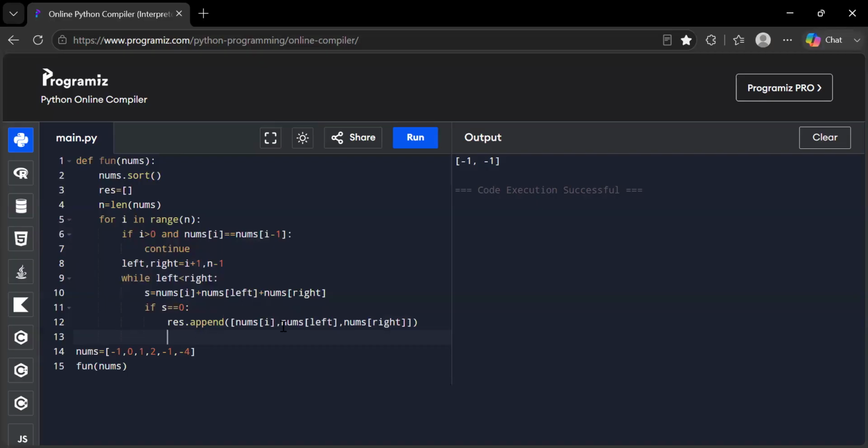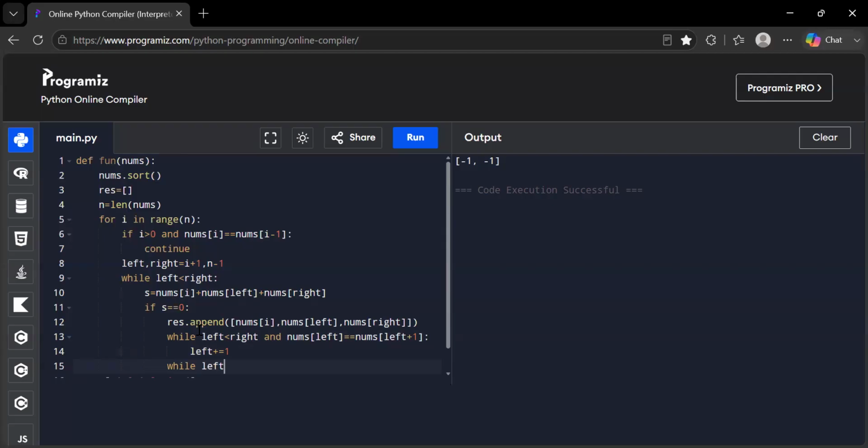So after appending it to the result, we will run a loop again till the left pointer is less than right, and nums of left equals nums of left plus 1. So if our left pointer value and the next of left pointer value are same, we will just increment our left pointer. And same thing we will do with the right pointer as well,